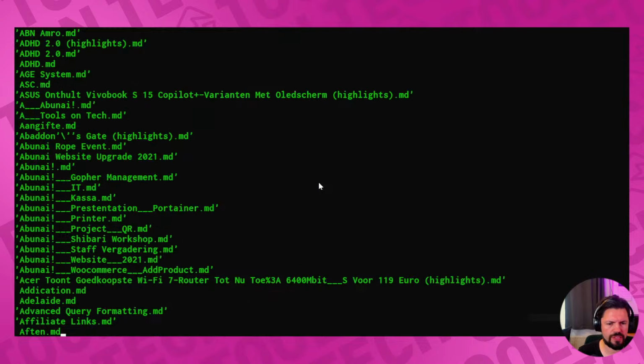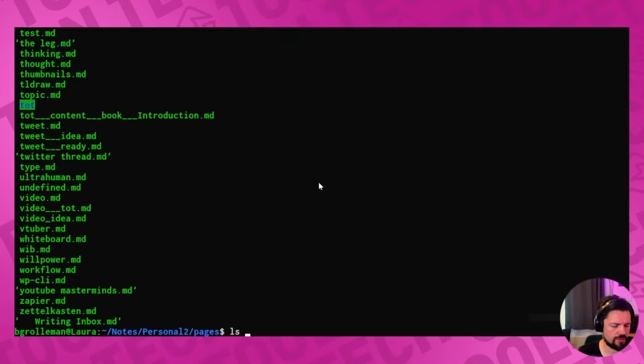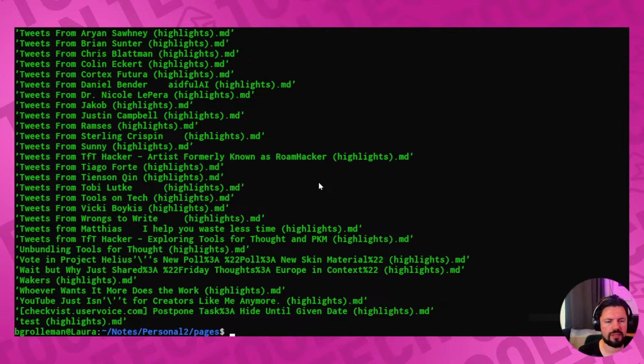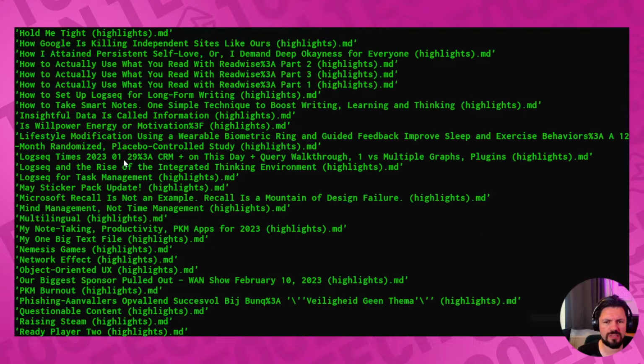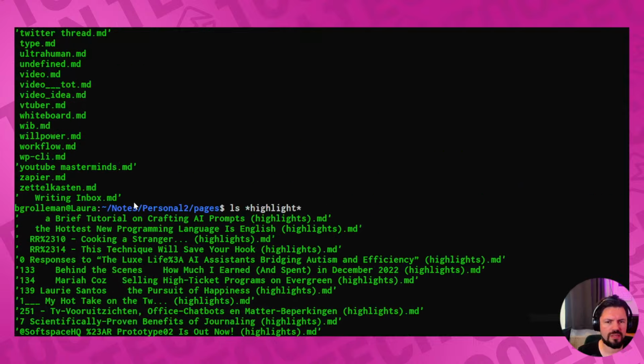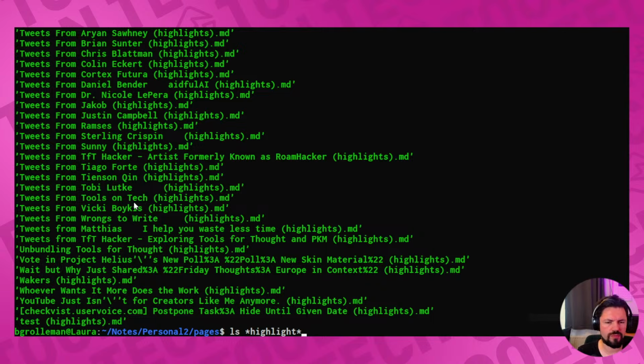If I go to pages, I can see a lot of stuff, but I'm going to highlight these, nearly all of them. You see here, like tweets. This is generating a lot of cruft. I'm wondering now, like